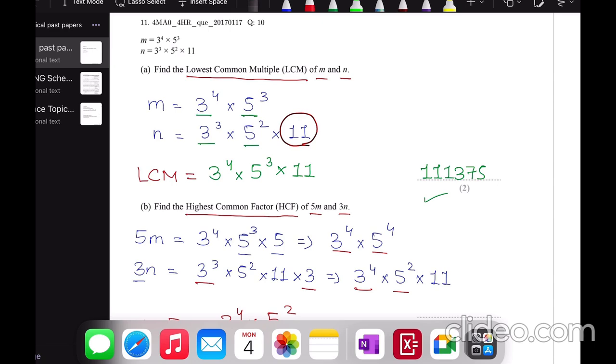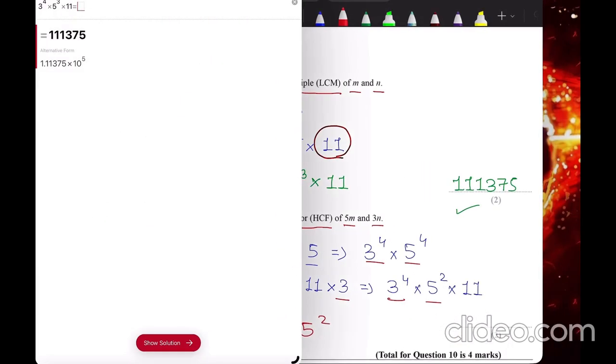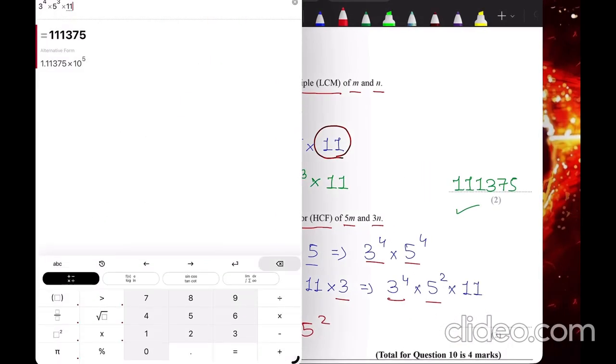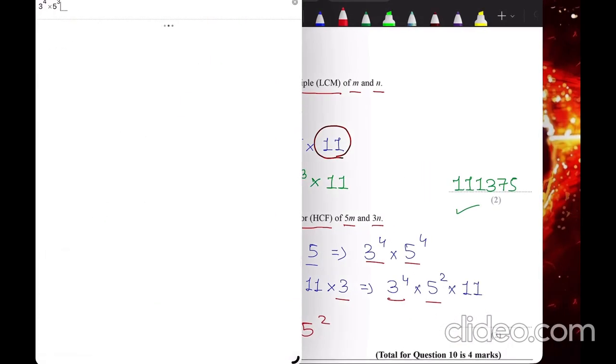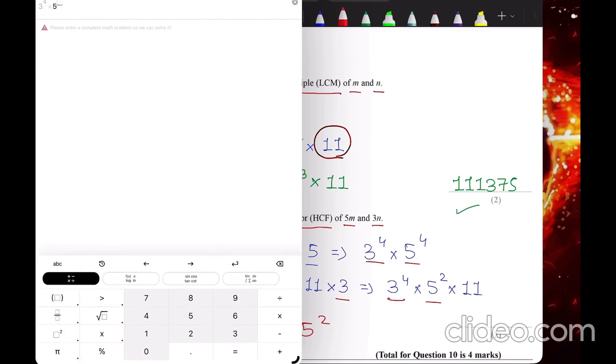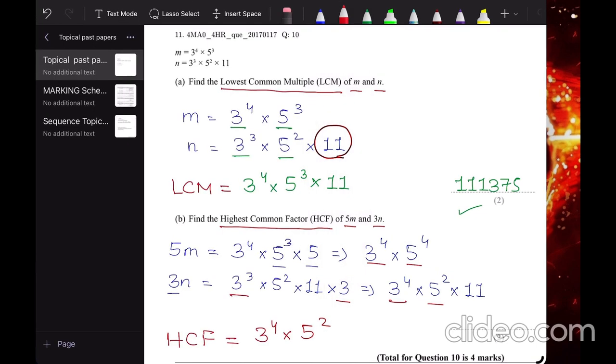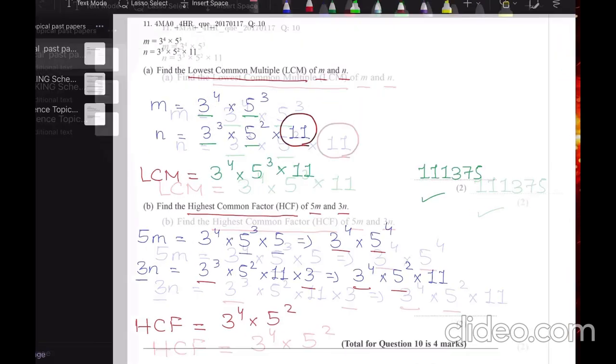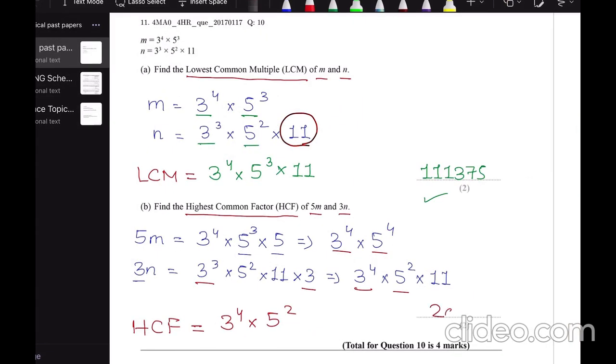So we will check it with the calculator. What's the answer? 3 to the power 4 and 5 to the power 2. So I'm going to change it to 5 exponent 2, and this answer is 2025. So I will type here 2025 is the final answer for the HCF, and this will give you the 4 marks. So I guess the concept